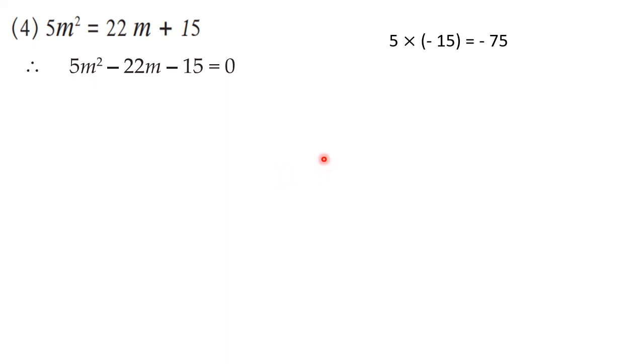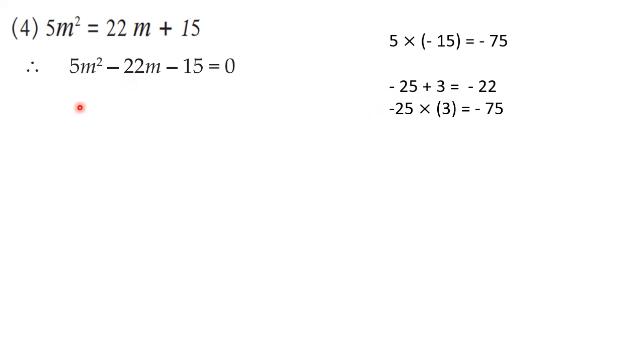Numbers are found out. Now determine their signs. So observe the middle term. Middle term is negative. That means the bigger number is negative and the smaller number is positive. So our numbers are minus 25 and plus 3. Minus 25 plus 3 is going to give us minus 22, and the multiplication is 75. See, minus 25 into plus 3 is minus 75. So we got the factors for minus 75 as minus 25 and 3, which we are going to write as the middle term. We are going to split the middle term by using these particular numbers.